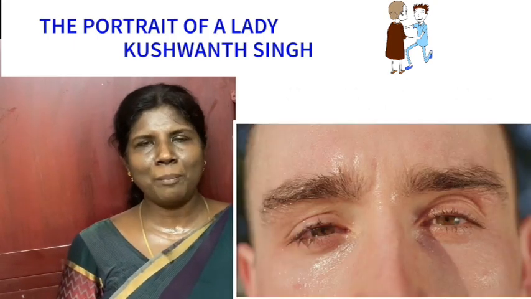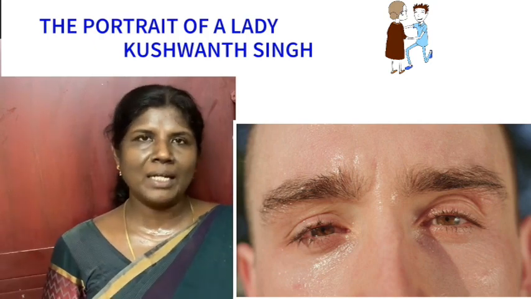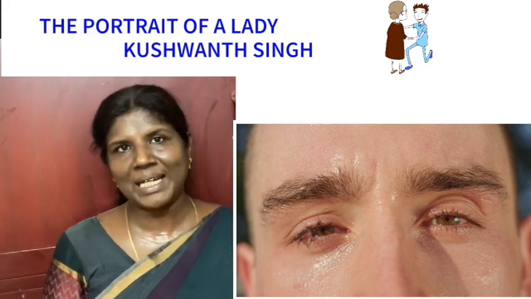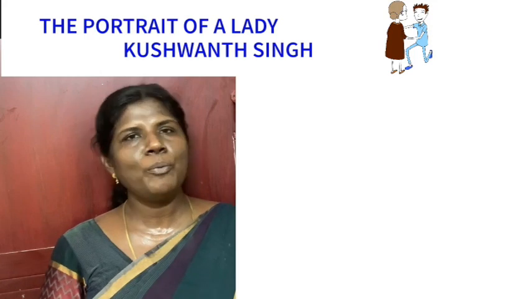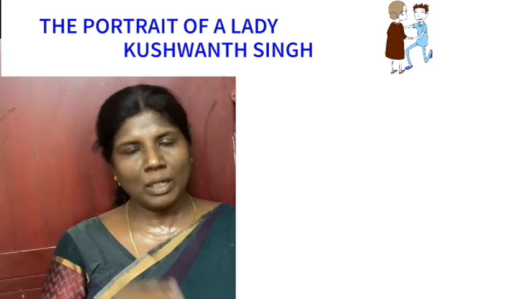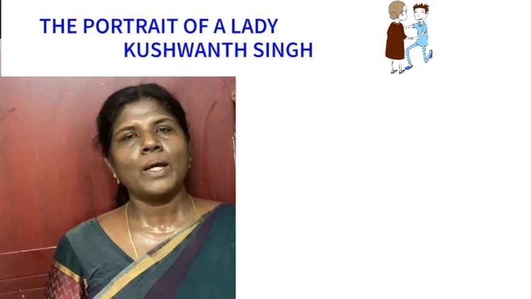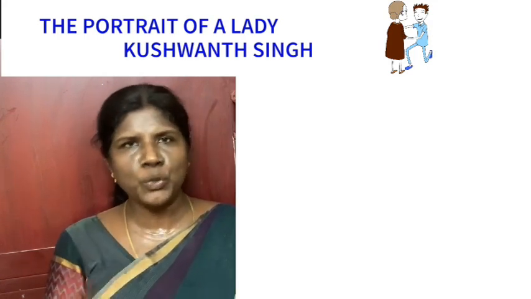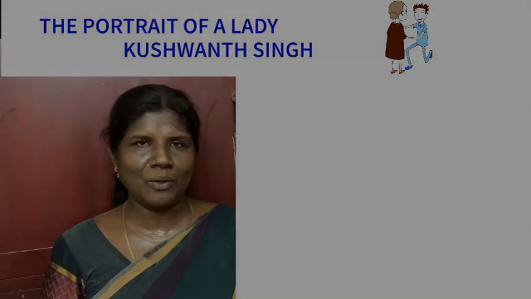Pallor. What is the meaning of pallor? A pale appearance. When the lady died, there was a pale appearance on her face, so that showed she had died. That is the meaning of the word pallor. Hope you understood the whole lesson and the meanings of these new words. Every day you will have to write two or three sentences using these new words so that you will be able to improve your vocabulary, children. Thank you.